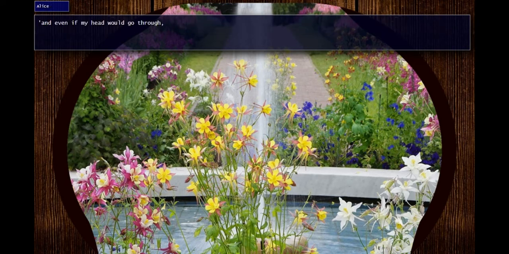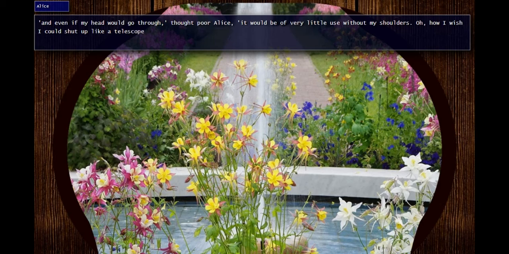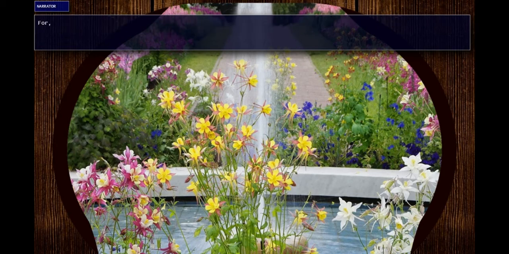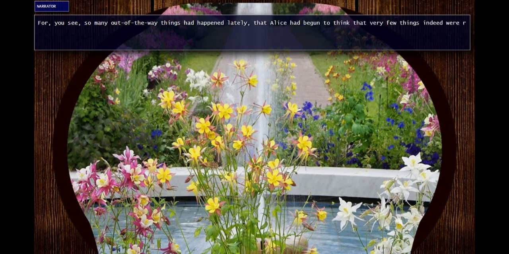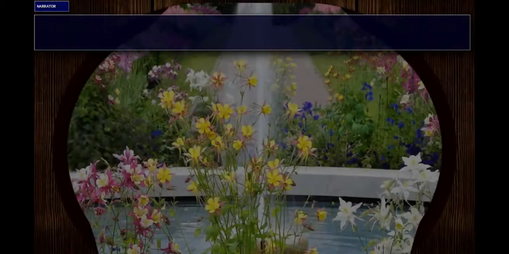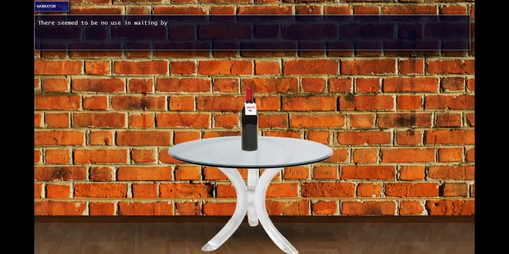"And even if my head would go through," thought poor Alice, "it would be of very little use without my shoulders. Oh, I wish I could shut up like a telescope. I think I could, if I only knew how to begin." For, you see, so many out-of-the-way things had happened lately that Alice had begun to think that very few things, indeed, were really impossible. There seemed to be no use in waiting by the little door, so she went back